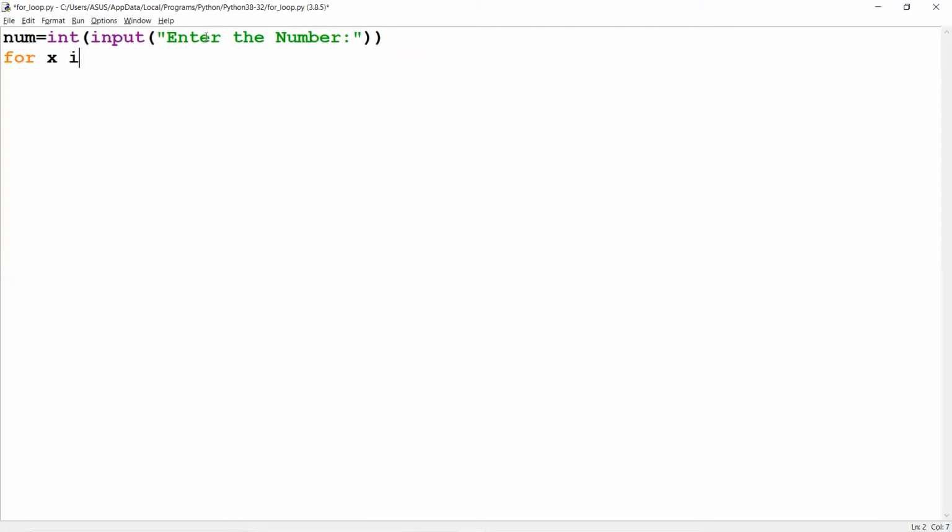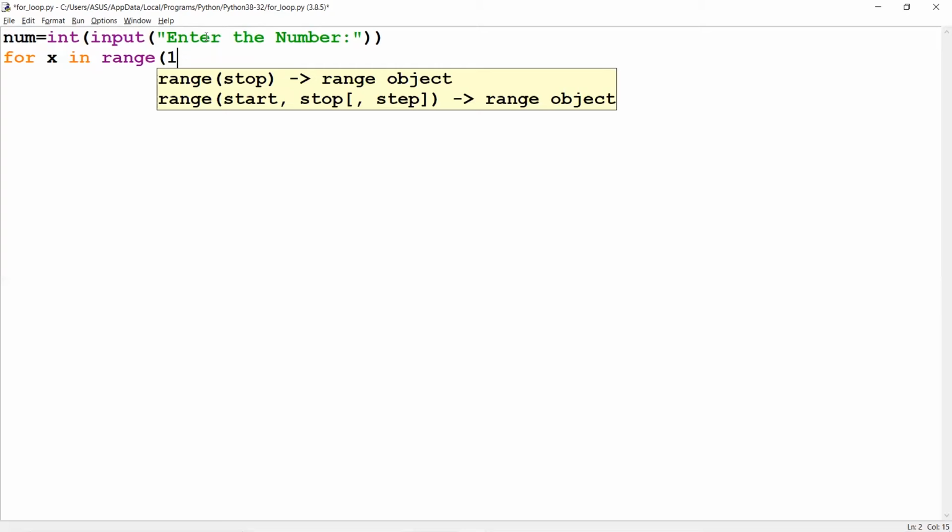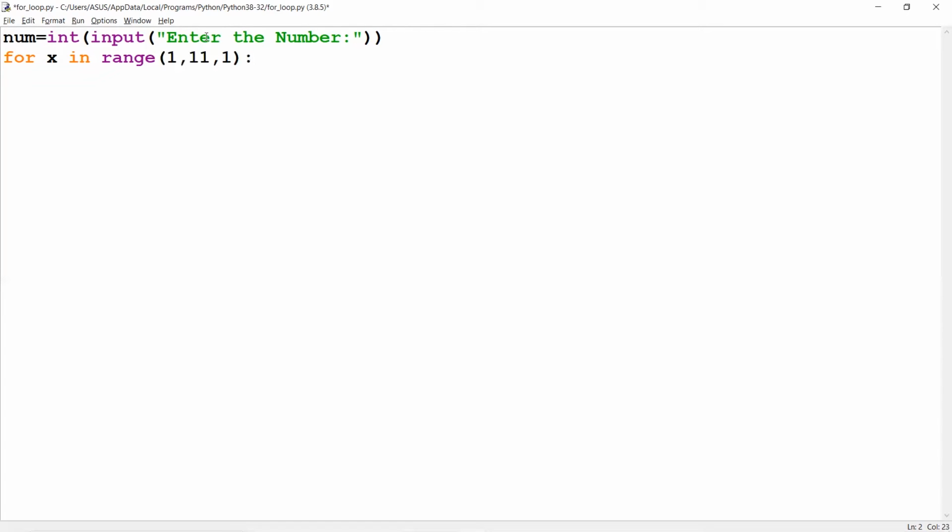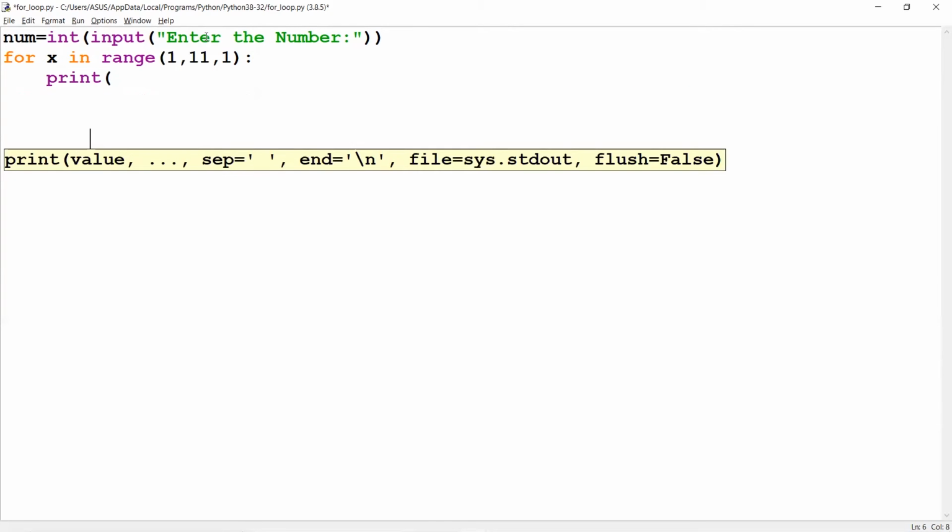Now for x in range from 1 to 11, because I want to stop the loop at 10, and the increment is 1. Okay, now print first. What is first? We consider the first number is 2. Suppose the user gives the number 2,